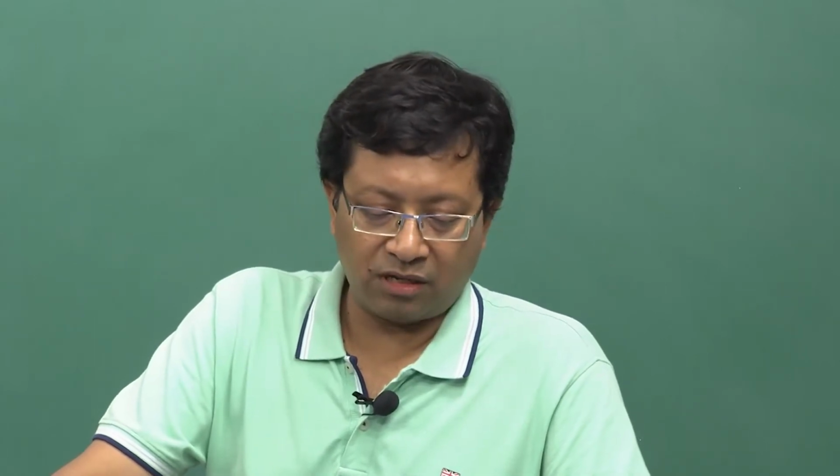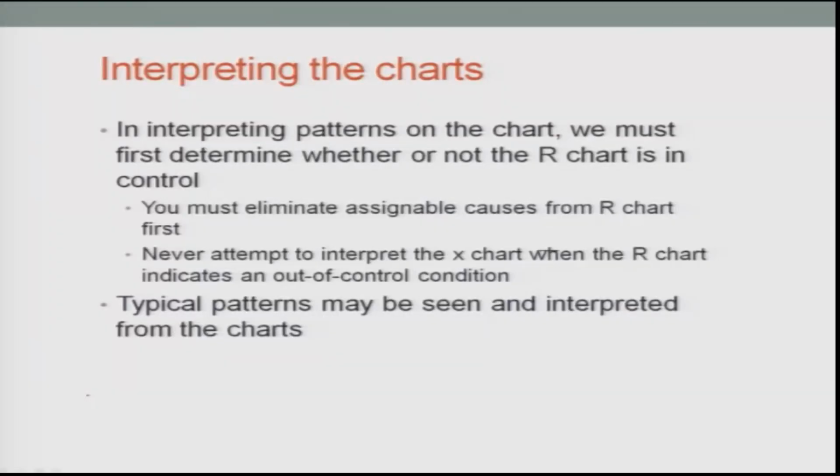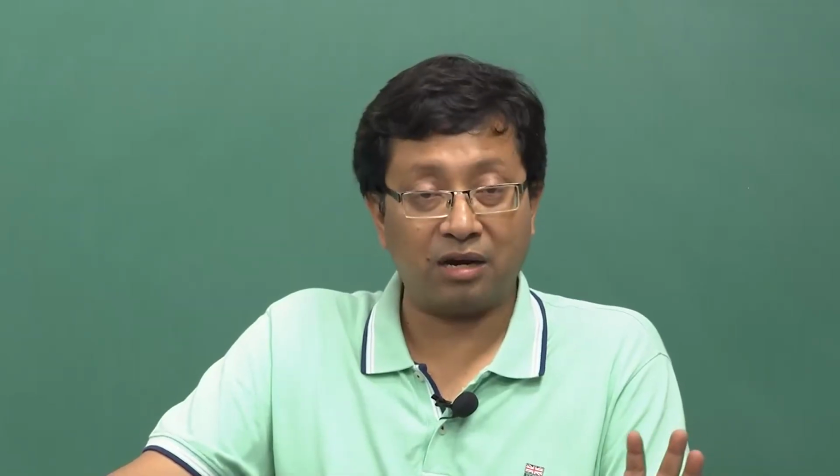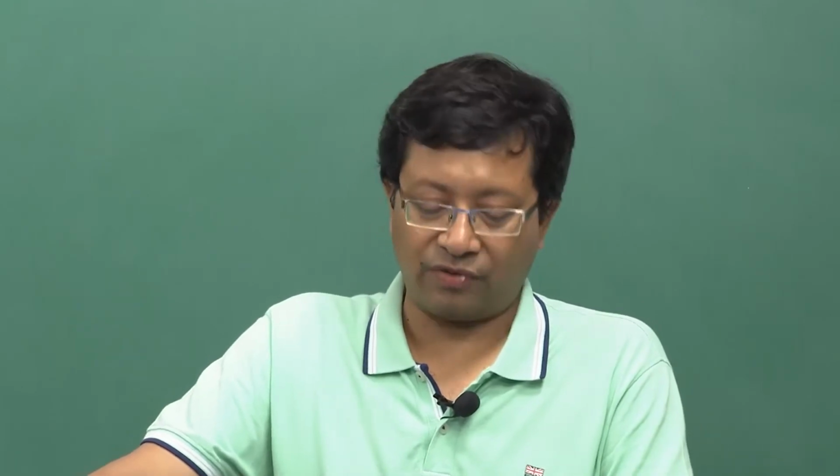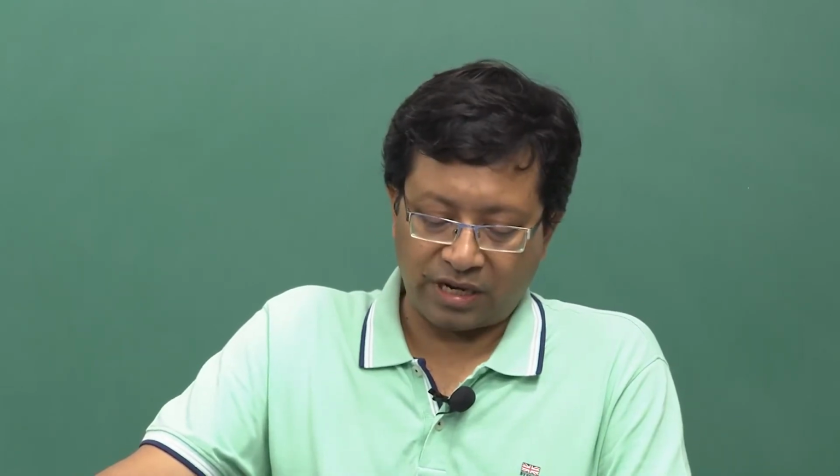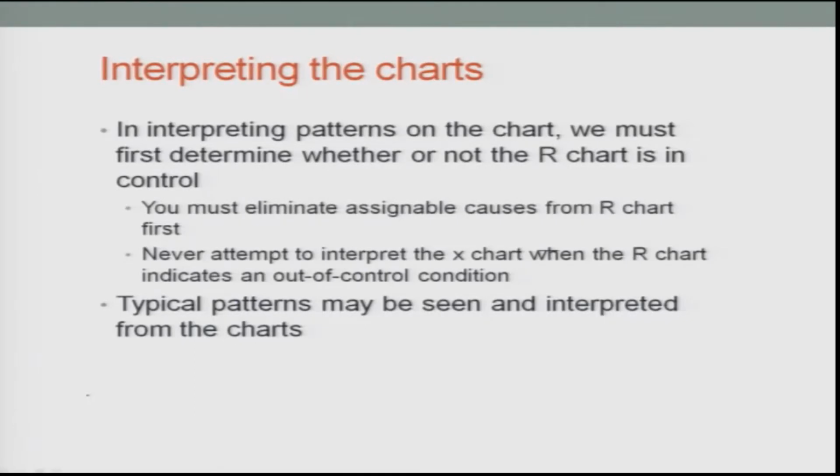So, interpreting the charts is the next stage of our concern. In interpreting the patterns of the charts, we must first determine whether or not the R chart is in control. Obviously, if it is not in control, there is some variability, because R is the range which gives us the information on the variability. You must eliminate assignable causes from the R charts first. Never attempt to interpret the X bar charts when the R chart indicates an out of control condition,